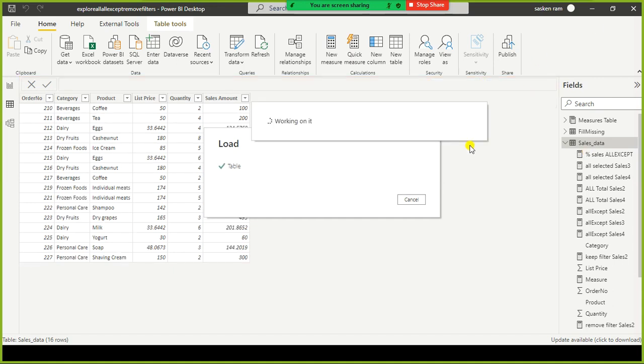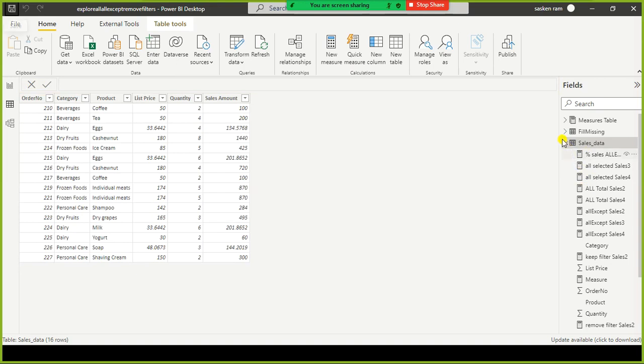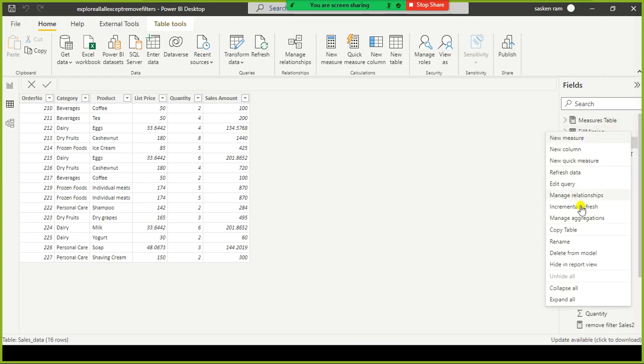Okay, a table got created. One second, let me do a little bit of housekeeping. I clean the tables that I don't use for this demo from this model.